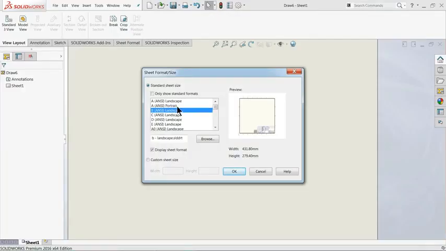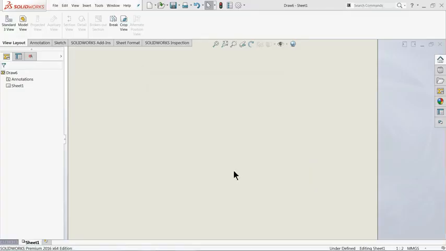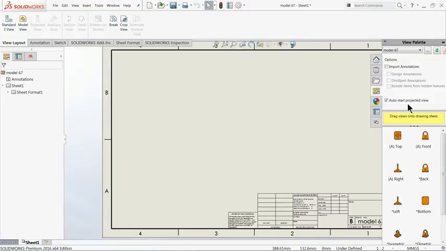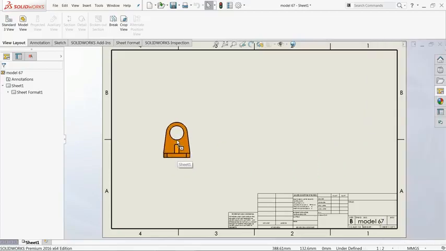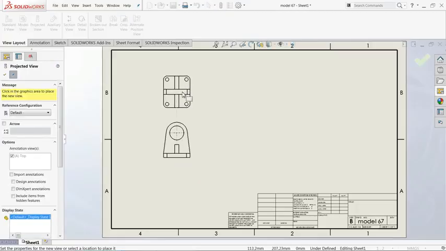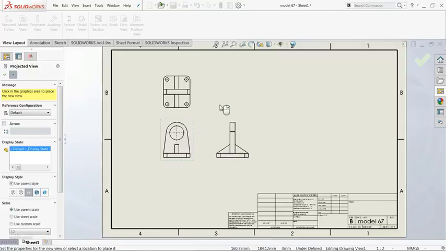Now see here, you have to choose any landscape size. So I'll choose landscape B. Once you click OK, it will give you the View Palette on your left hand side. You will see there are multiple options, so you have to choose any one and drag it. I'll start with the front plane, drag it, then drag the top view and the right hand side view. And if you want an isometric view, you will see it